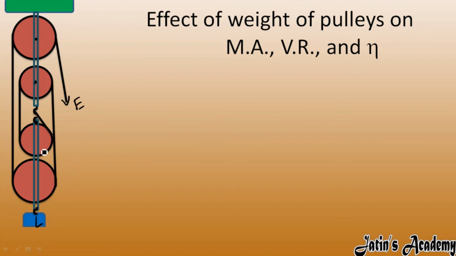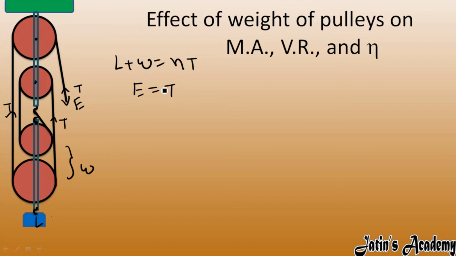Now for example, here we have n number of pulleys. So for n number of pulleys, n number of tensions are able to take the weight of the pulley and the load. So load and weight are acting in the downward direction and n number of tensions acting in the upward direction. After that, at the effort point, effort is acting in the downward direction and in the string, tension is balancing, so effort is equal to tension.